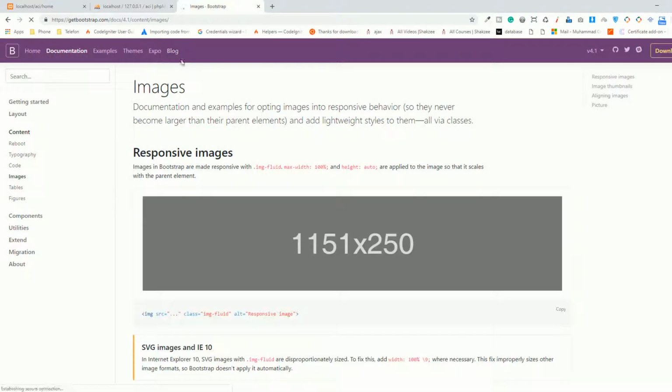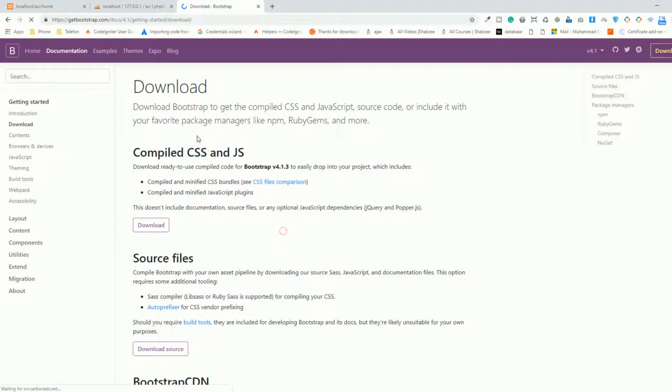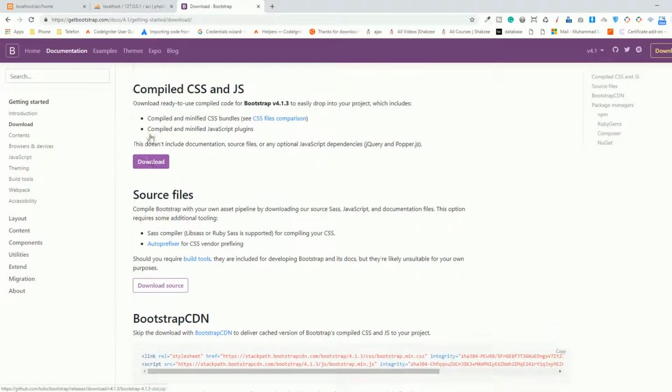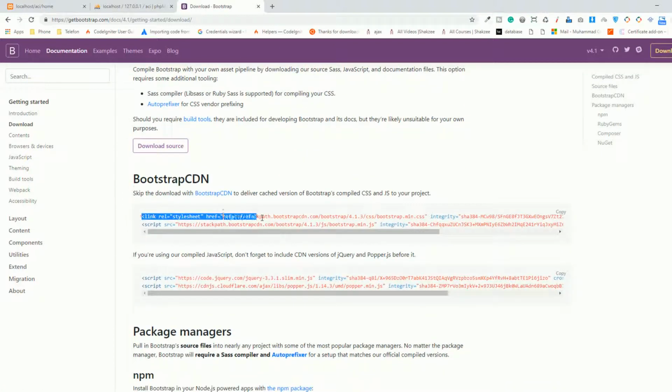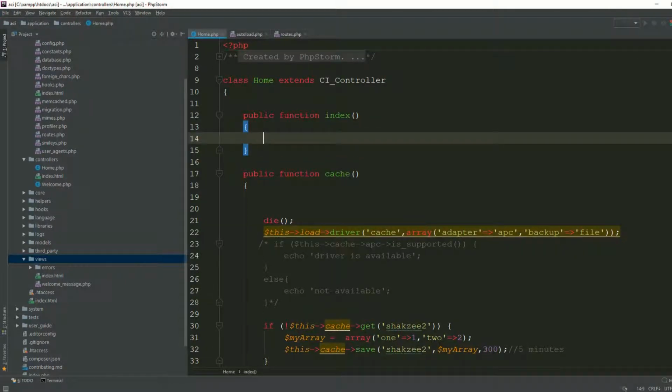Okay, so this is the index method and this is Get Bootstrap, the official website of Bootstrap. It's a home page and you have two ways: either you can download the files or you can add the CDN. We will use both techniques. Now you know very well that